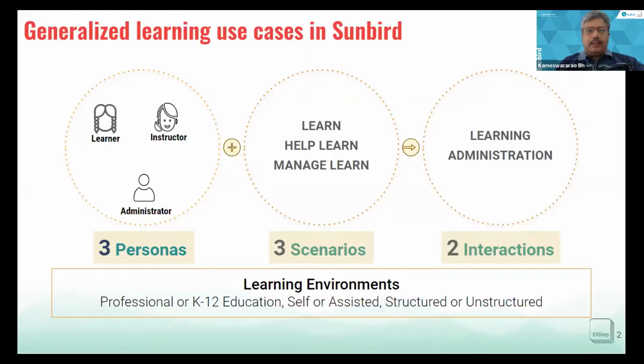Three personas being learner, instructor, and administrator, and the three scenarios being learn, help learn, manage learn. The learner learns, the instructor helps the learner learn, and the administrator manages the learning processes. And the interactions between these personas can be broadly classified as learning and administration.